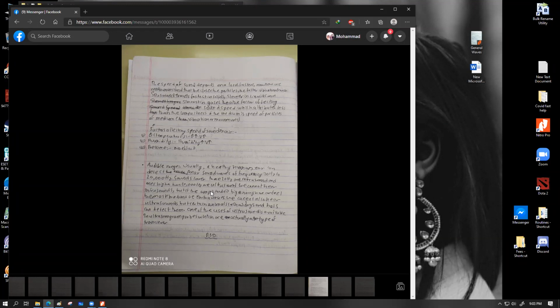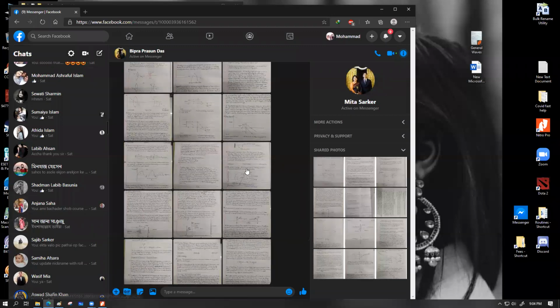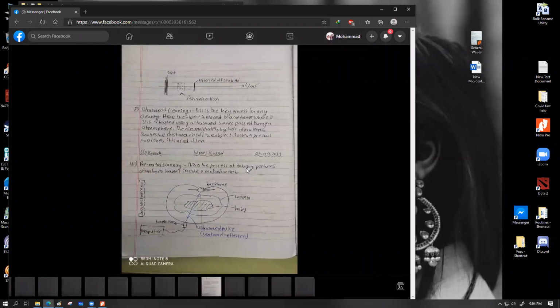Similarly, for the case of sound, infrasounds mean sound waves with less than 20 hertz frequency, and ultrasounds mean sound waves with more than 20 kilohertz or 20,000 hertz frequency. So that's the idea of audible range. Beyond this point, we have some actual usage of the sound. One of the key parts that is shown over here is that we can use